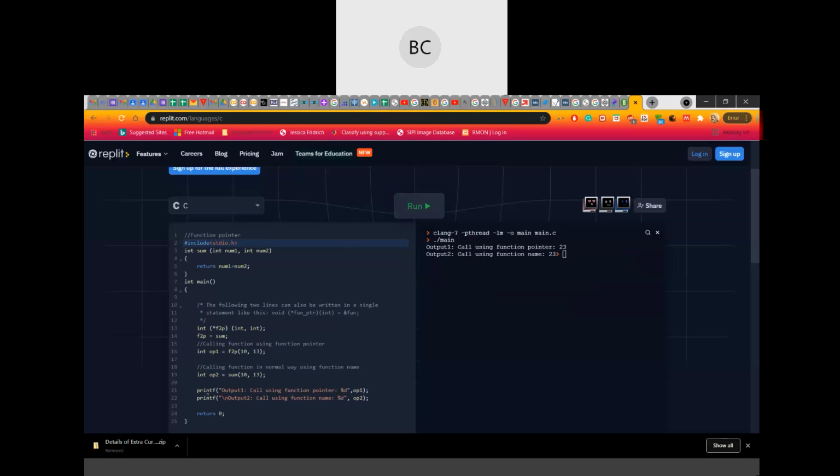We are using the printf function without declaring or using the stdio.h. Are we getting any error now? It was so simple. I didn't include the header file. That's why you are getting the error.